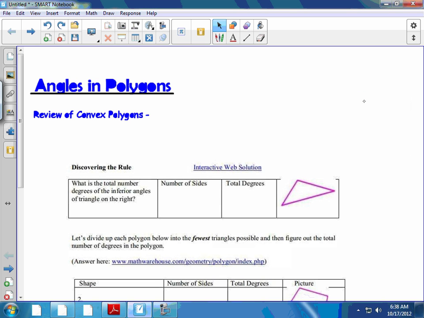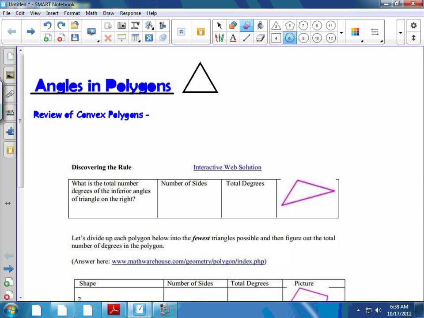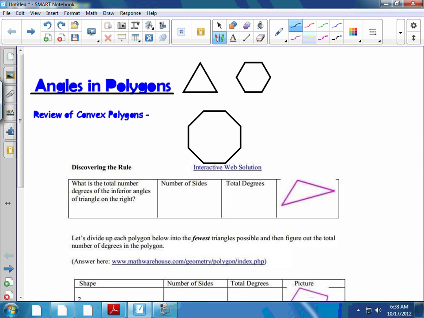All right, today we're going to go over angles of polygons. Just as a quick review, what is a convex polygon? A convex polygon is any polygon that doesn't have its sides kind of cave in on itself. So you could even have